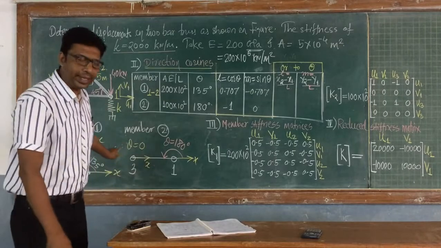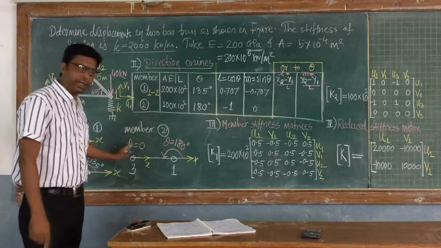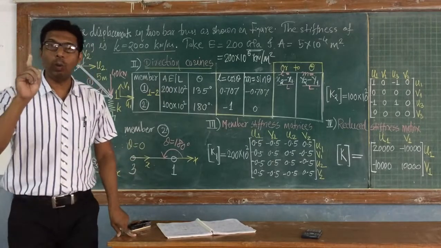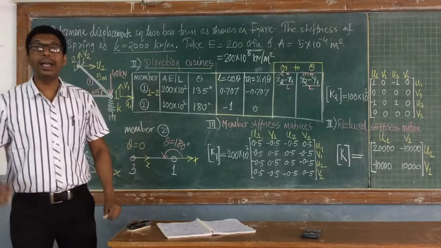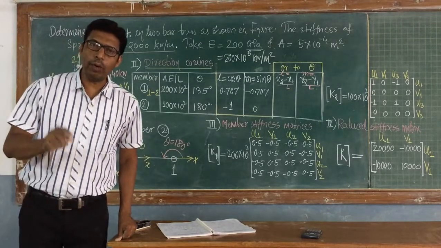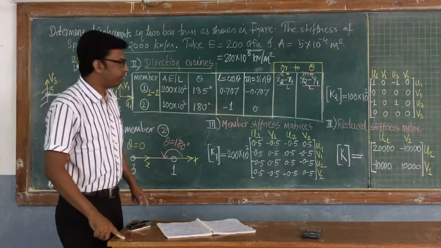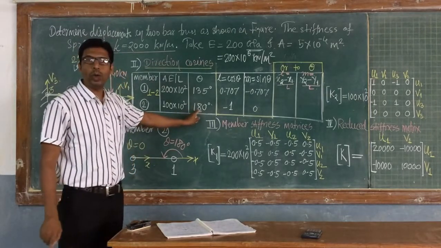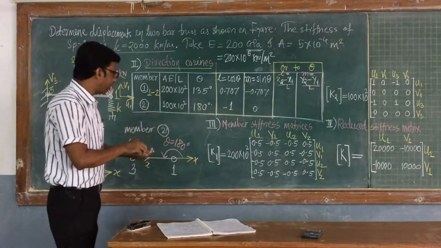So if you take node 3 as the first joint, theta equal to 0. If you take joint 1 as the first node, theta equal to 180 degree. So here we will take joint 1 as the first joint. So theta is equal to 180 degree and member is defined as